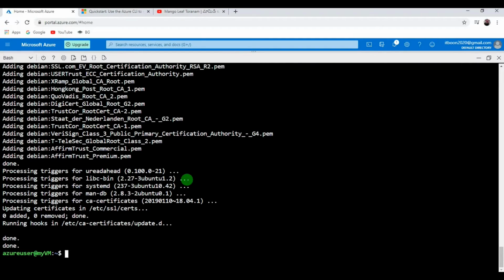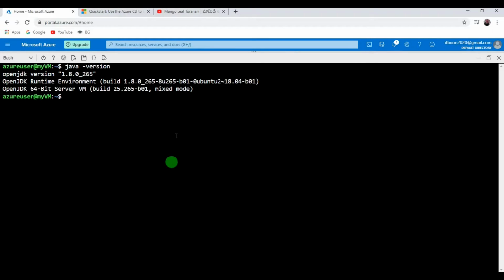Okay, installation is almost completed. It's done. Now let's see java version. Okay, so OpenJDK version 1.8.0 is installed on our newly created VM.